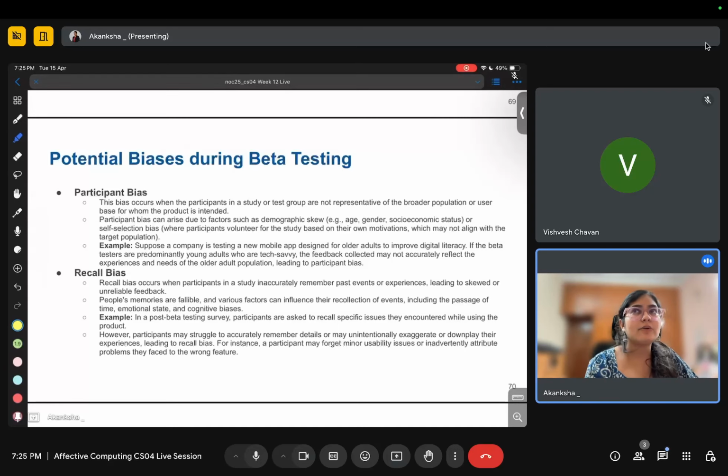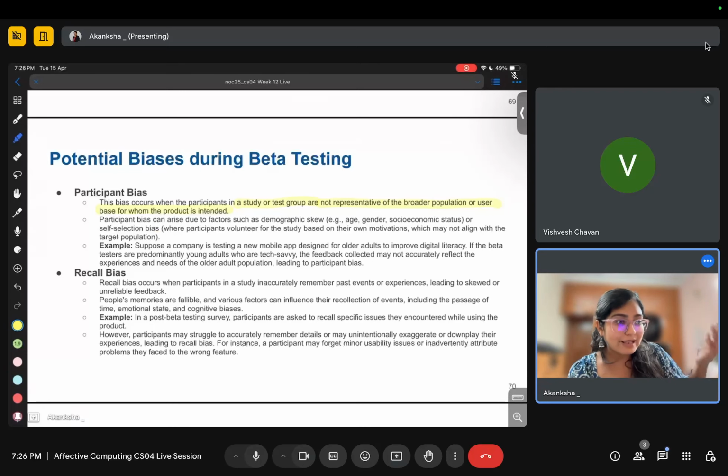But you have introduced that bias yourself, because the test group is not representative of the broader population or user base for whom the product is intended. Let's say there is a toy for teenagers, and you're testing on adults, so of course adults are not going to enjoy the product as much as teenagers will.